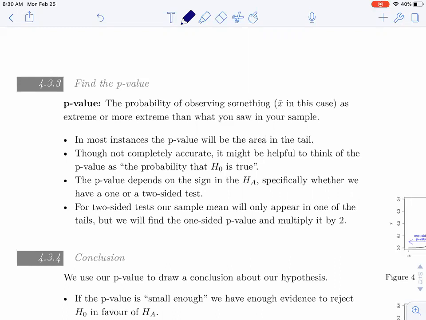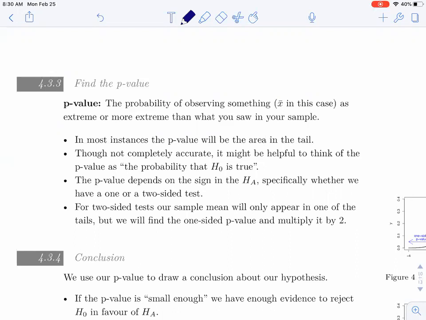And so that's what makes it the area in the tail, right? As extreme or more extreme. Okay? Whether you're on the lower tail or the upper tail, as extreme or more extreme just puts you further out into the tails. Okay? And so I say it's pretty much a rule. So in most instances, the p-value will be the area in the tail. Okay? You do have to keep your wits about you because